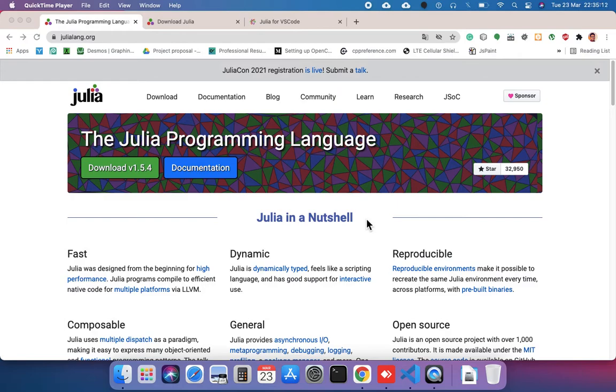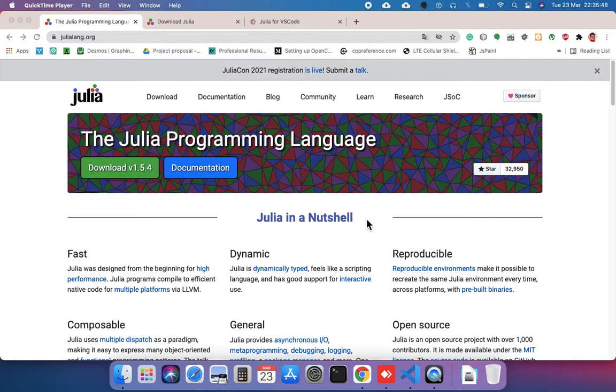So Julia wants to blend all the upsides that currently exist and not trade them off for downsides in other languages. And even though Julia is a young language, it has already achieved a lot of the goals the creator set. So this is all about Julia programming, and that's why I started making videos on Julia.